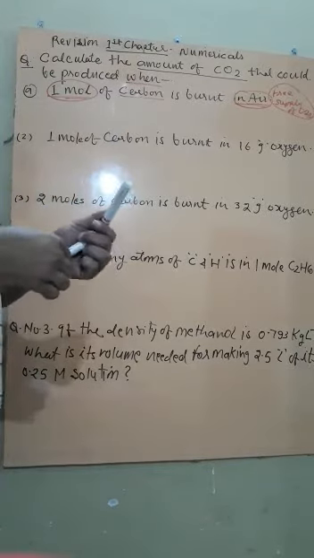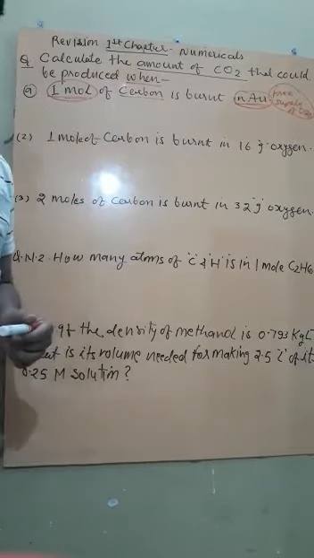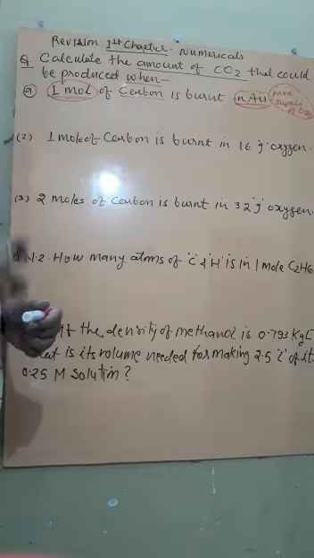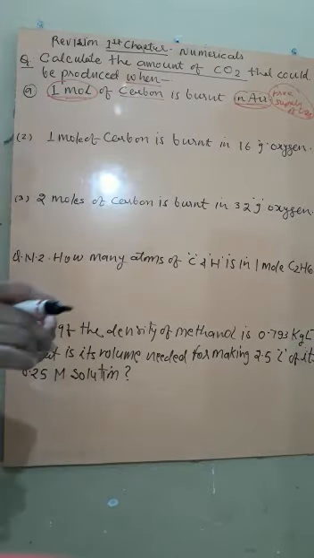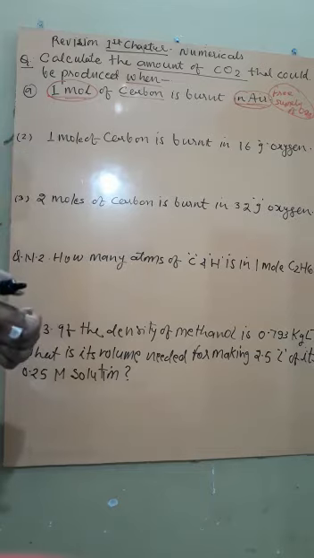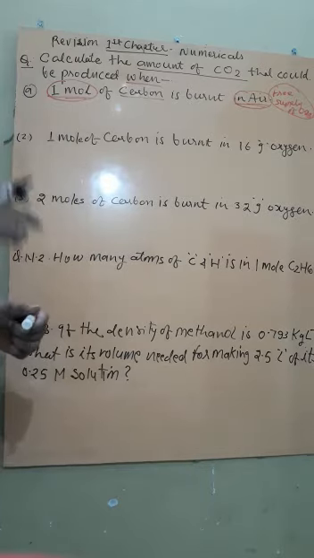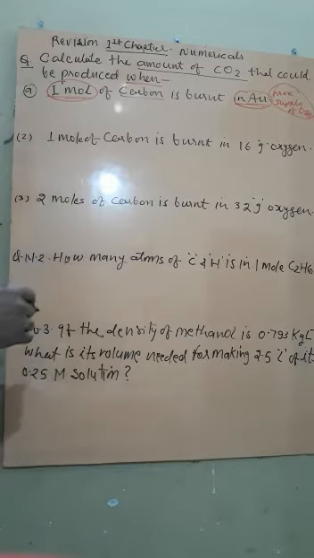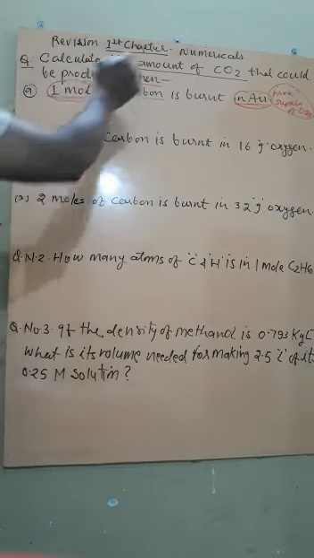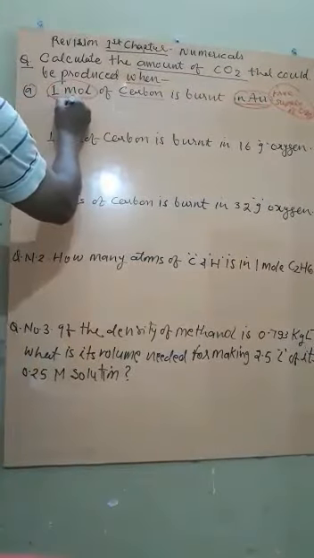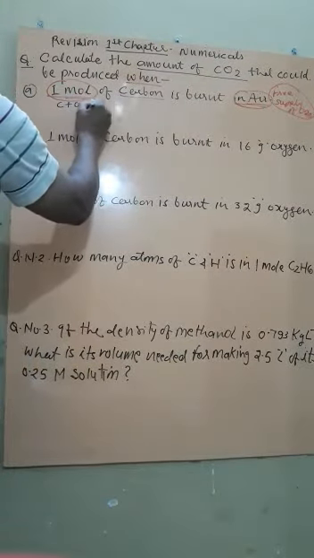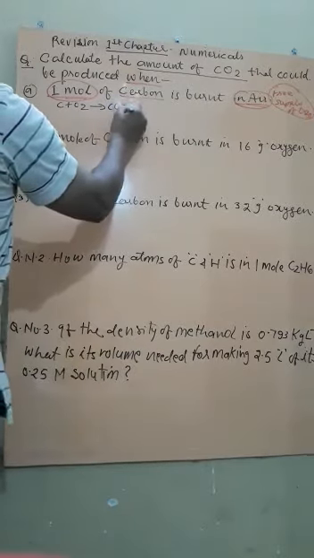So students, you always know that a reaction proceeds by the limiting reagent. That means the quantity of product formed depends on the quantity of the limiting reagent or limiting reactant. So how do we solve the question? You know how carbon dioxide is formed? Carbon dioxide is formed by reacting C with O2 to give CO2.